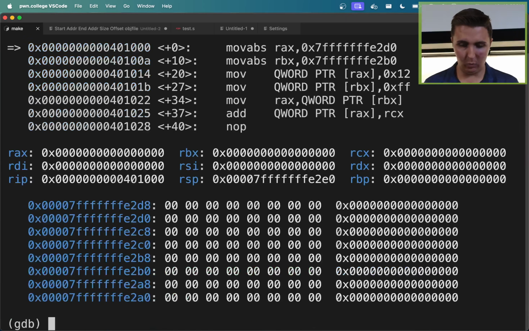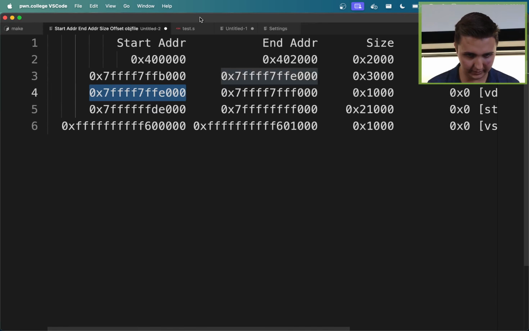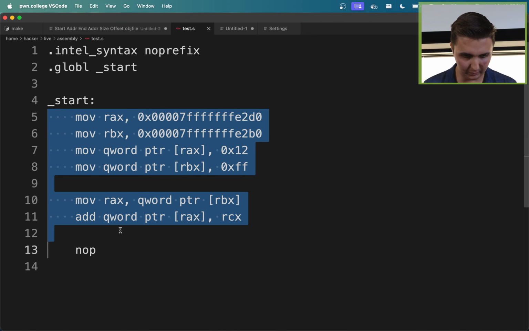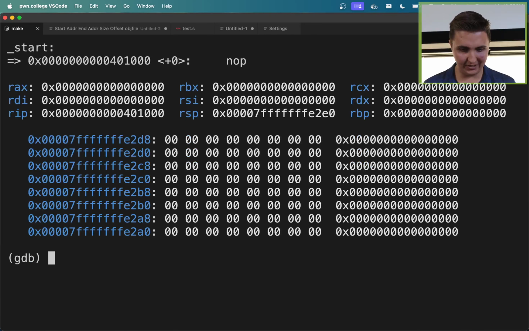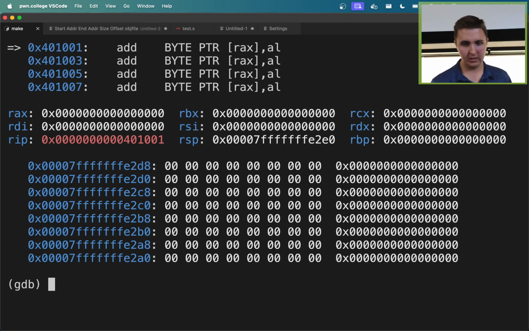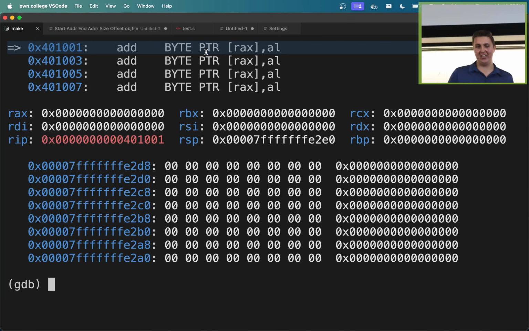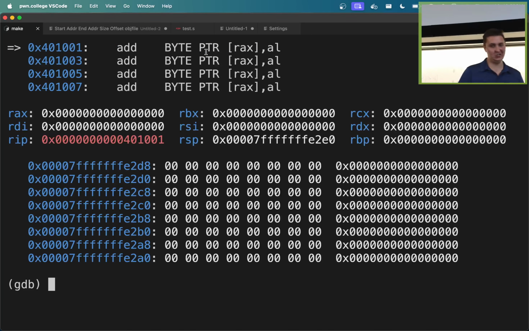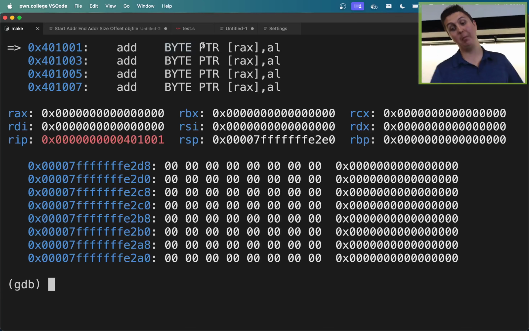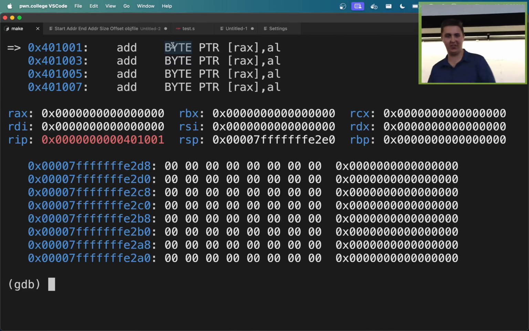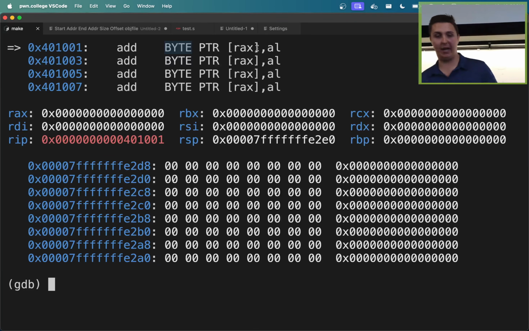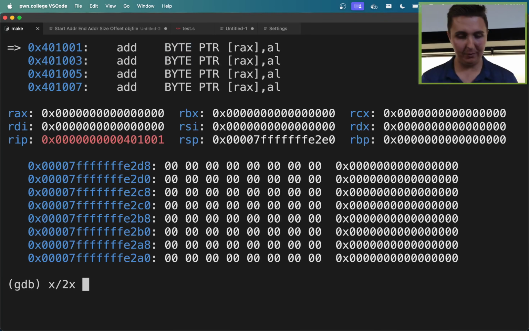Okay. Actually, one more. Let's go back to this program real quick, just to go back to the very start of class. Hopefully this instruction now makes sense to you. So we're not doing a keyword pointer, we're doing a byte pointer. I guess I didn't mention, below a word is a byte for these things. There's a byte pointer. You can write 1 byte of memory. And as I said before,